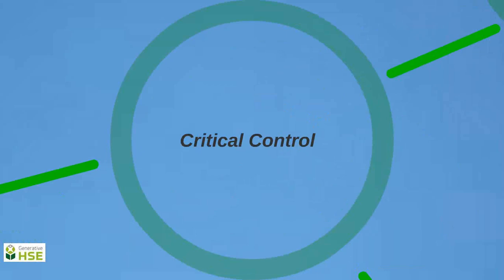Second of all, is it possible to follow the control whilst undertaking high risk work? So it's got to be something that can be applied during any part of the task, not something that you can apply during the start of a task, but throughout the whole task, and certainly whilst undertaking high risk work, as that's obviously a volatile time. And thirdly, can the control be monitored and evaluated by people in the field?